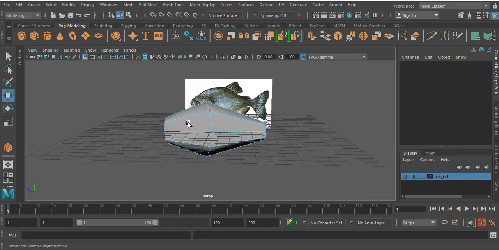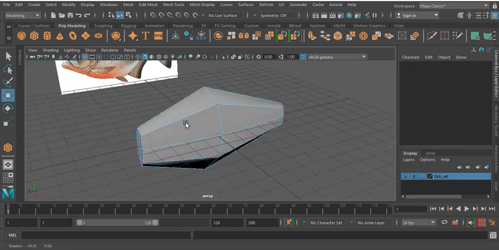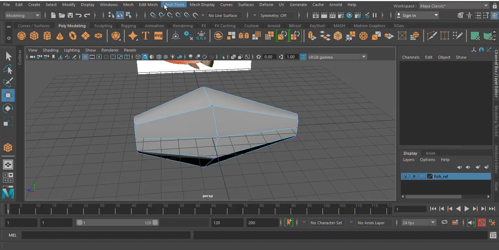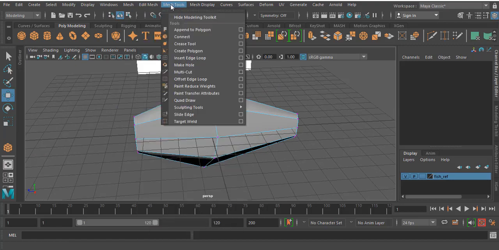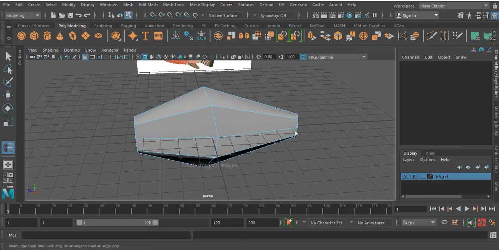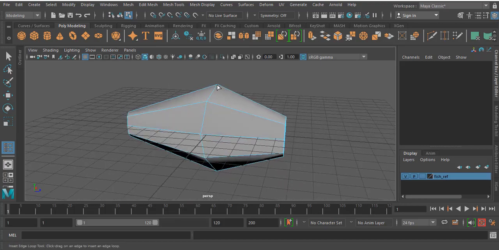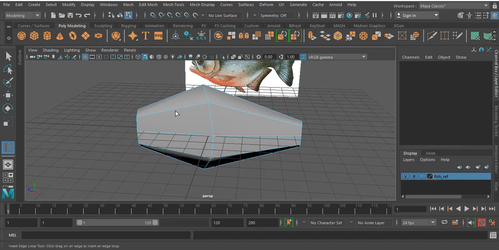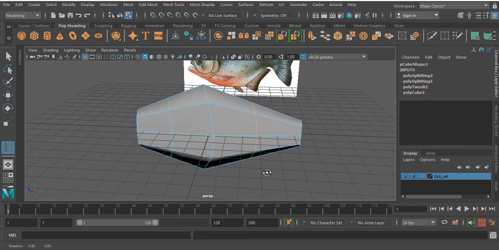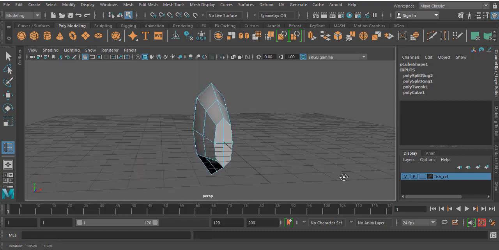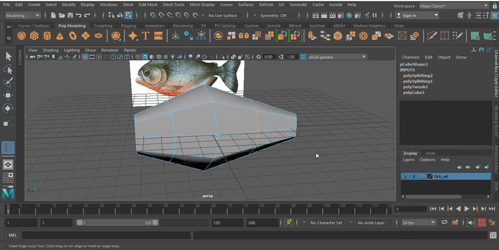So a better option is you can go for the Insert Edge Loop tool. All of you know that the Insert Edge Loop tool is available in the Mesh Tools menu. Once your center span flow is aligned like this, you can create the span flow over here. This is the Insert Edge Loop tool, one of the fantastic tools for creating spans.